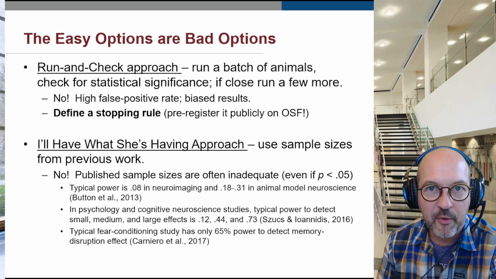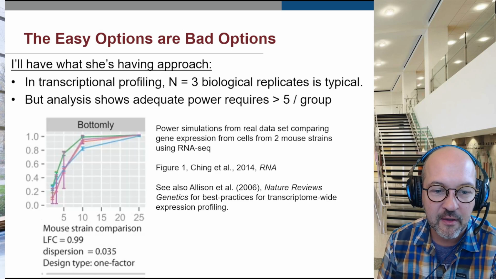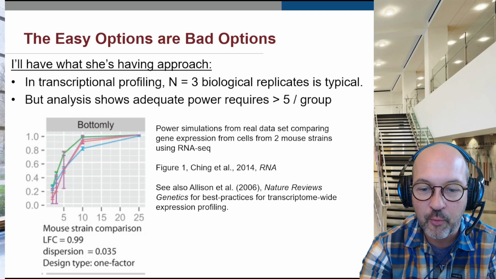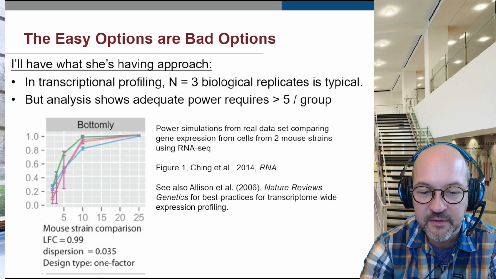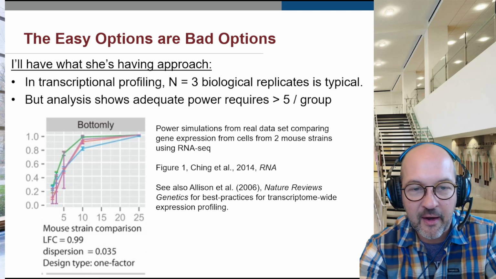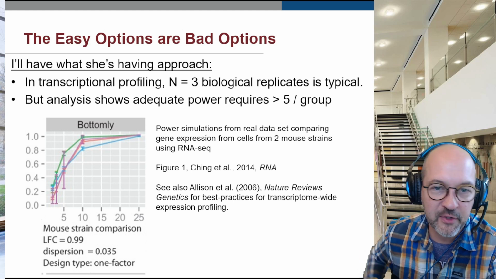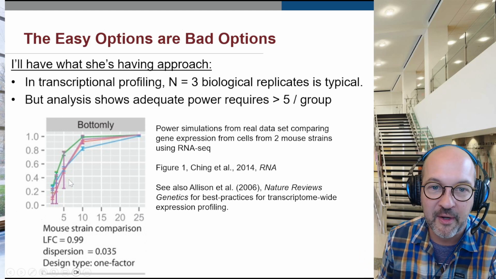Let's look at the example of transcriptional profiling experiments like microarray and RNA-seq. There has somehow evolved in these fields a tradition of applying the rule of the triplicate. I think this emerged from early work where the techniques were just too expensive to collect more than 3 samples. But even though expenses have declined, there still seems to be a tradition of using the previously published literature to set sample sizes, and 3 replicates is amazingly common.